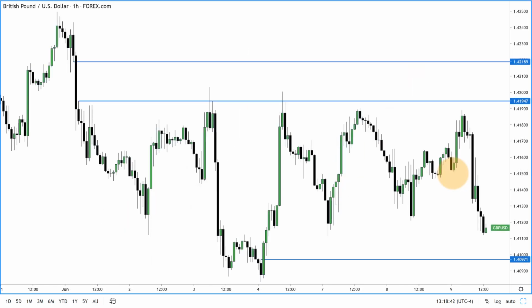All right, here's the British pound. We've had many attempts in here now to try to get back above that 142 big figure. One, two, we failed lower here, failed again here intraday, and traded softer. To me, again, this just feels like they're setting it up. Like it's classic